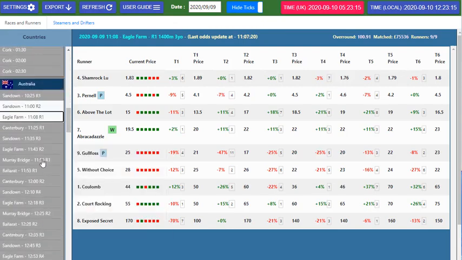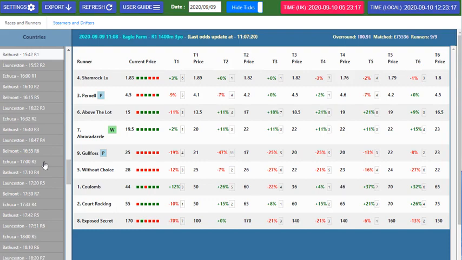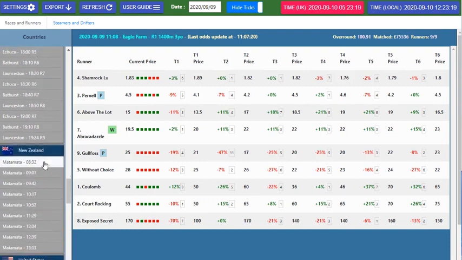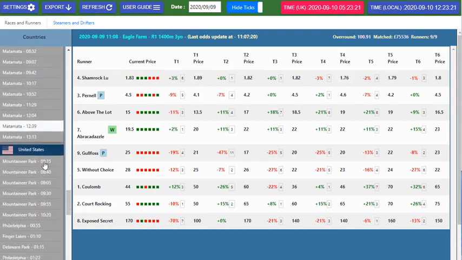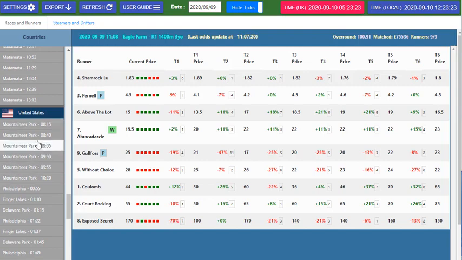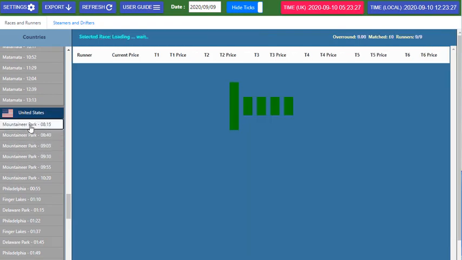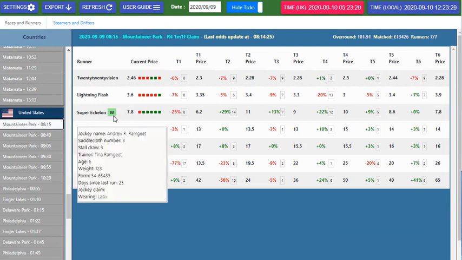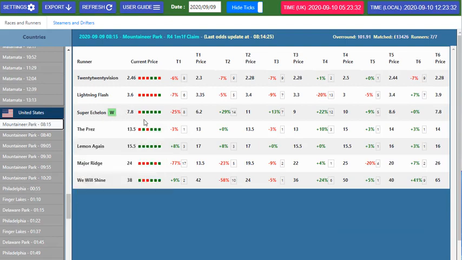Why the US? Because in the US market, the timing on Betfair is not as good as it could be. Sometimes the races are happening 10 minutes after the Betfair time has come up for the race to start. So if we look here, we can see Super Echelon's 1. We can see that its price at the 15-minute mark was 6.2, so that was lower than it is now. But every call of the card since then, 7.8 has